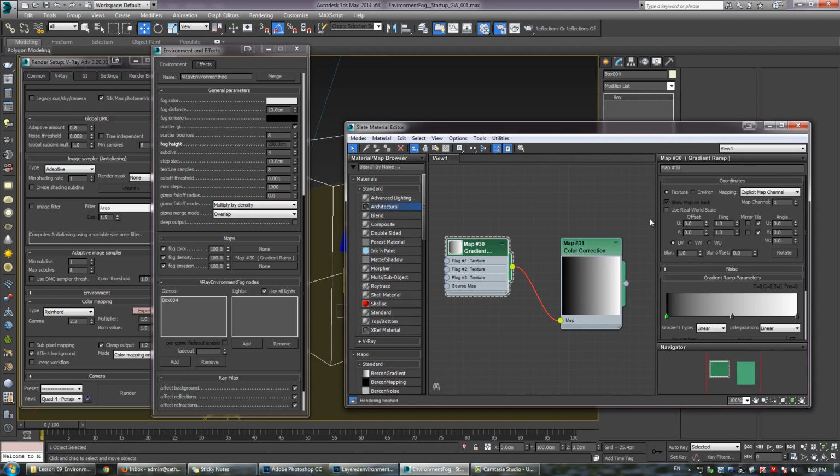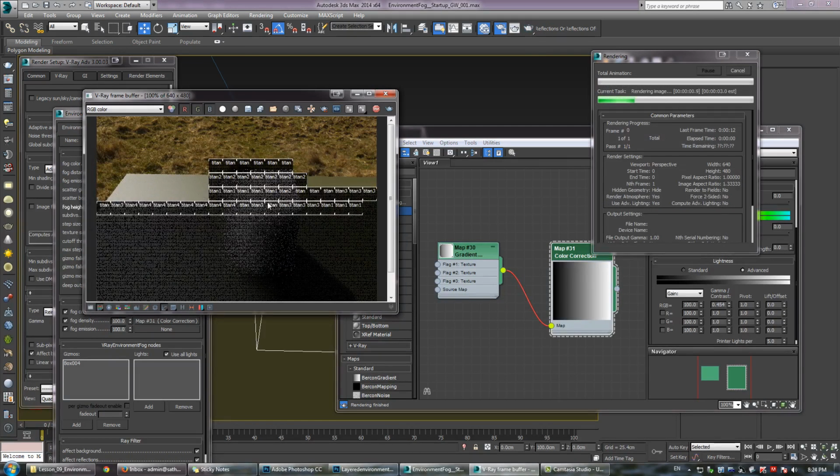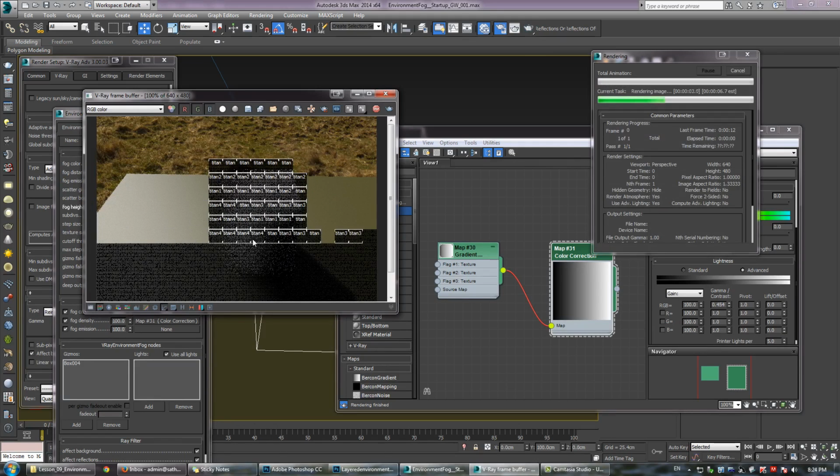So now in this gradient texture, we also need to set it to planar from object so that the gradient is correct. Before I do render it though, I just need to drag the color correction slot to the fog density so that it's correctly mapped. Now you can see as the preview showing and as it's rendering, we've got a